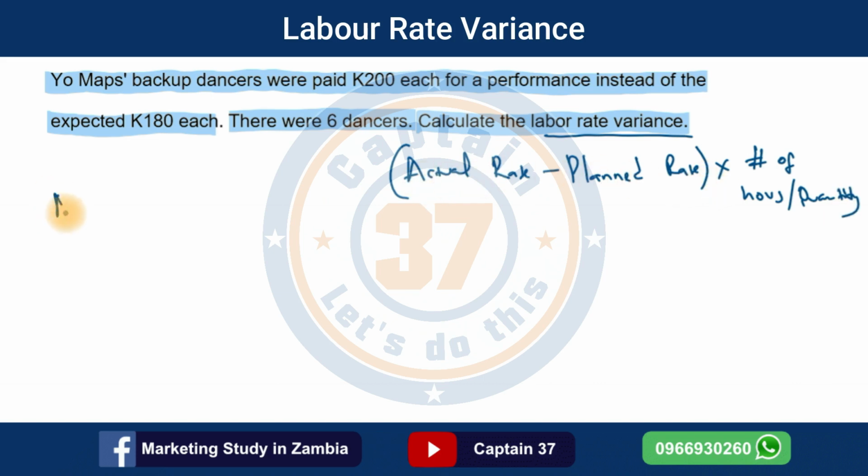The actual rate in this case is 200 kwacha. The planned rate in this case, 180 kwacha. The actual rate is 200 kwacha. The planned rate is 180 kwacha. The number of dancers,